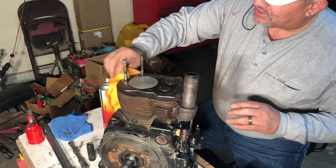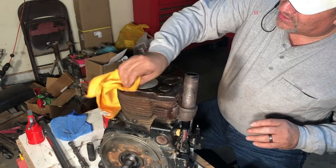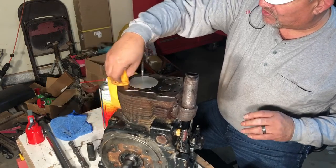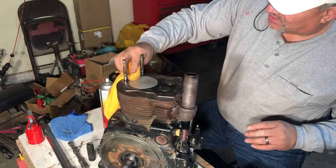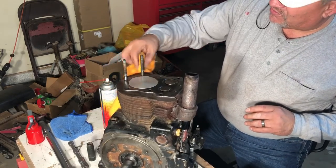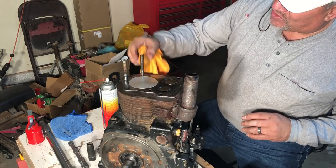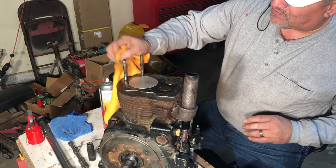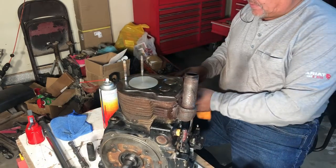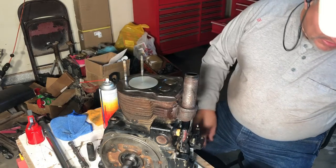And if you notice these studs on top of the engine block, when I took those out, they came out with the nuts. So I had to make sure to take the nuts off of the bolts. If you leave them on here, then if that stud was already bottomed out, you won't get pressure onto the head. So you've got to take them off of there and put them here where they go. Okay,